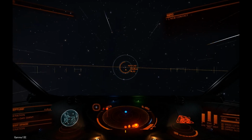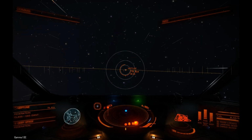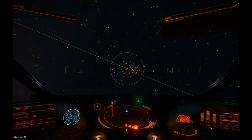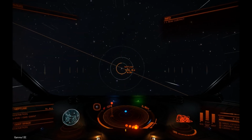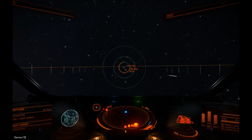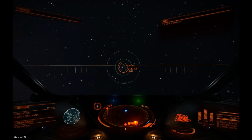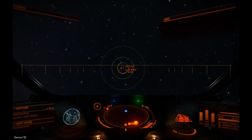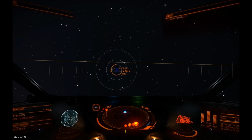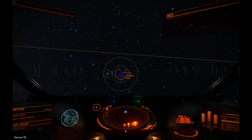Kind of seeing Neptune there. Very small so far. Now we're starting to see it. Let's slow up a bit. Another blue planet is to be expected. Looks like another ringed planet. Looks like all our planets have started developing rings in 1,000 years' time. I guess all the gas giants have slowly collected up all of these asteroids flying around them. And just general rocks and